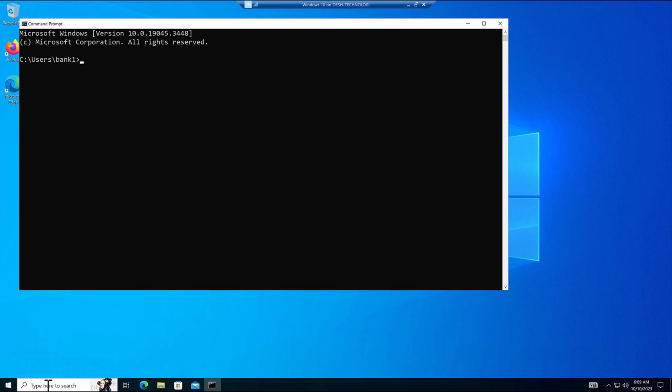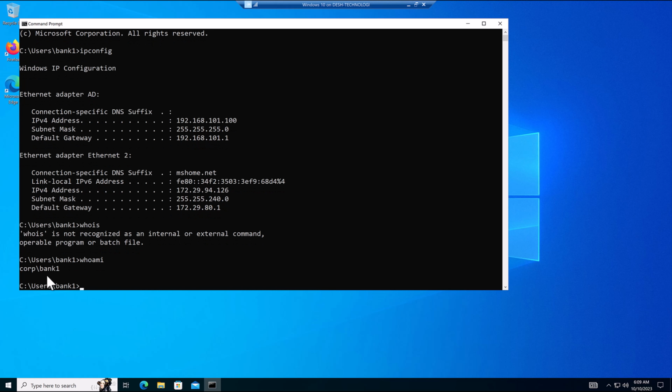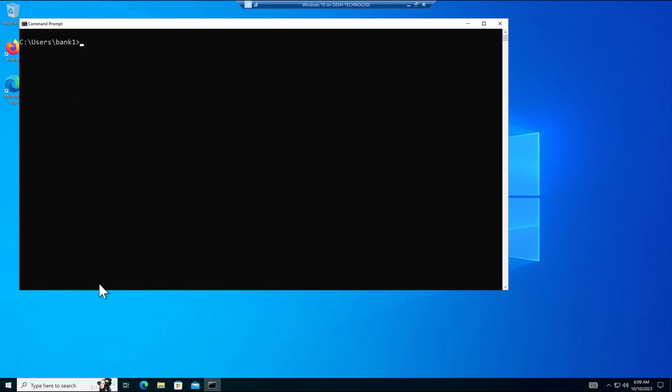Right, so let's go to the PC IP config. As you can see, I do have the 192.168.101.100 IP address, and this PC is part of the domain controller. You see the carp.bank1. So if I go to this PC now and type net user, and I'm going to